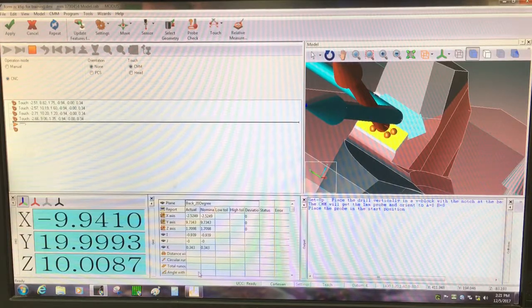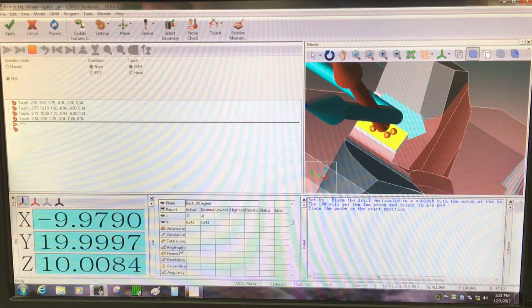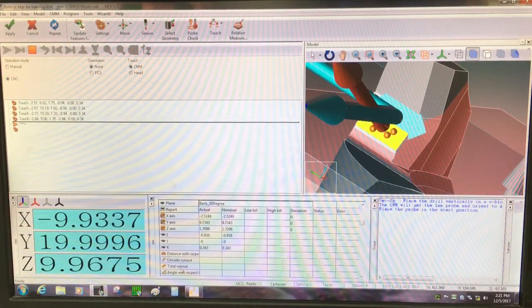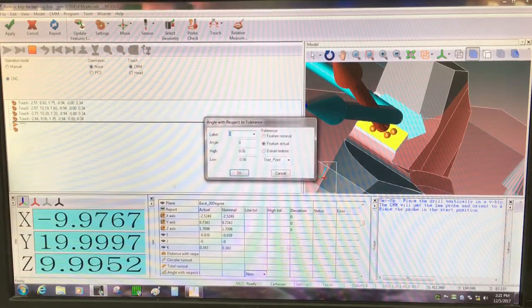From there, we're going to measure the angle with respect to, which is this one right here, and create a new tolerance. Let's call that 20 degree. It's actually going to be a different angle. The angle on the drawing is 20 degrees, but the way that it's going to measure it, it's going to be a larger angle, so it's the complementary. So it's going to be 69